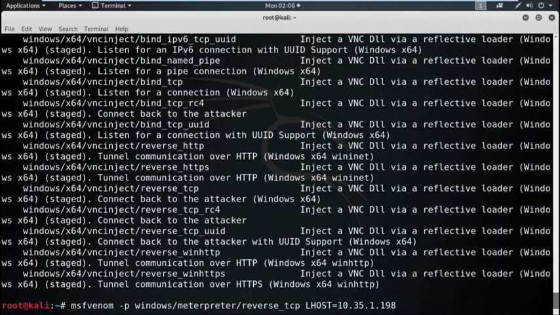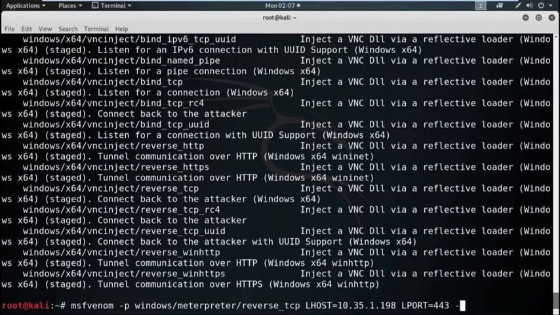Because we are basically going to establish the reverse connection. That means, whenever we execute this executable in the target machine, it establishes the connection with the host IP address 10.35.1.198, and we can also set the LPORT. So, LPORT I am using here 443.